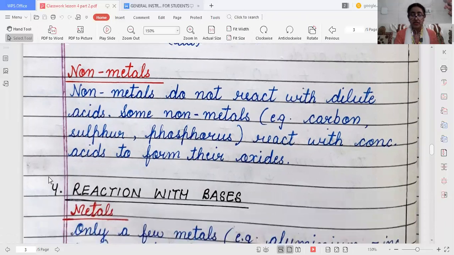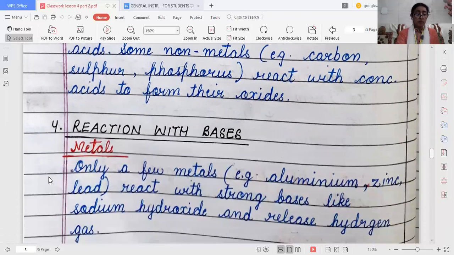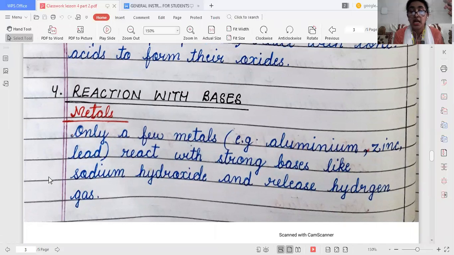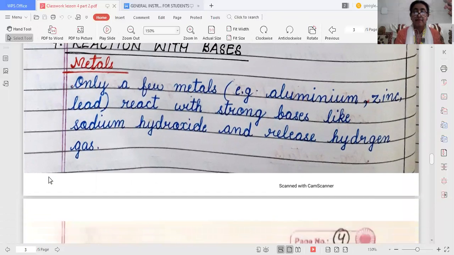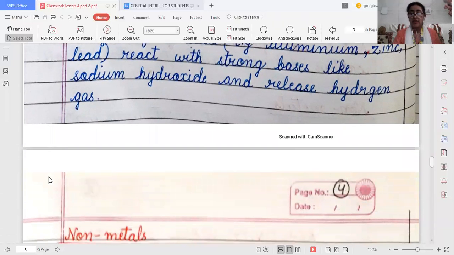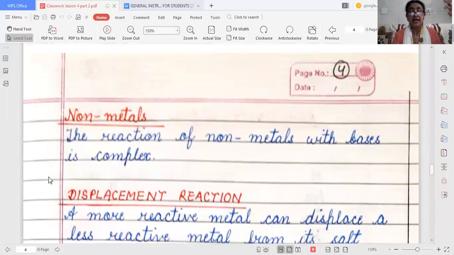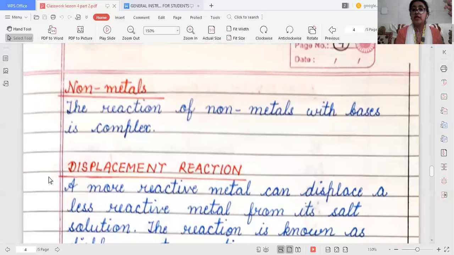Then comes reaction with bases. Only a few metals like aluminium, zinc, and lead react with strong bases like sodium hydroxide and release hydrogen gas. But the reaction of non-metals with bases is complex, and you will learn that when you study in higher classes, not here. Then comes one very important topic,